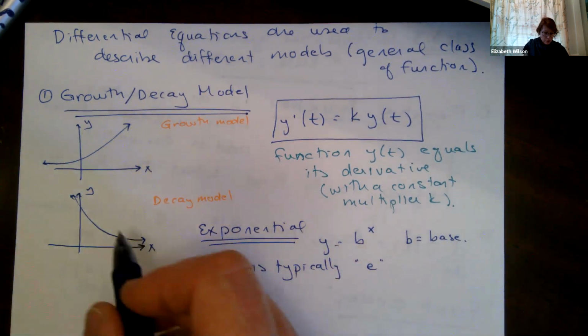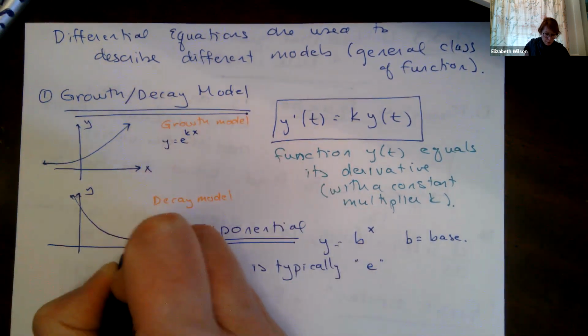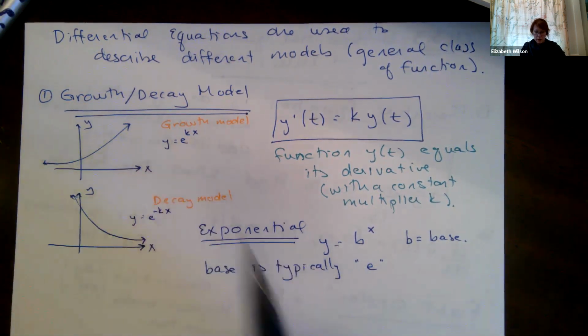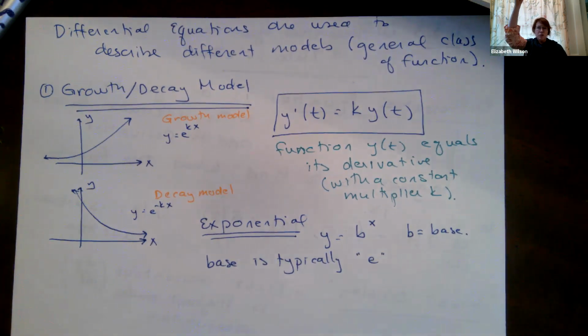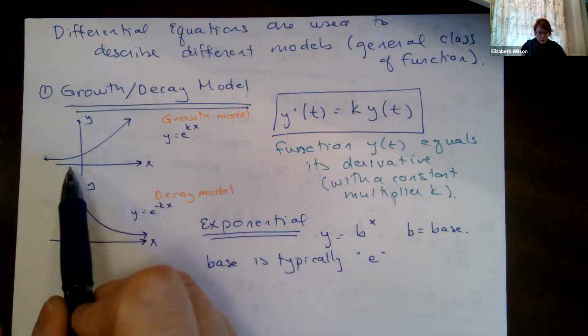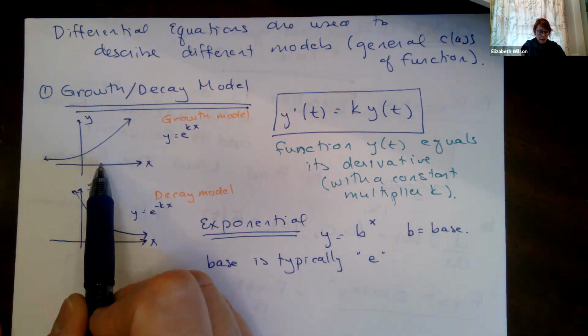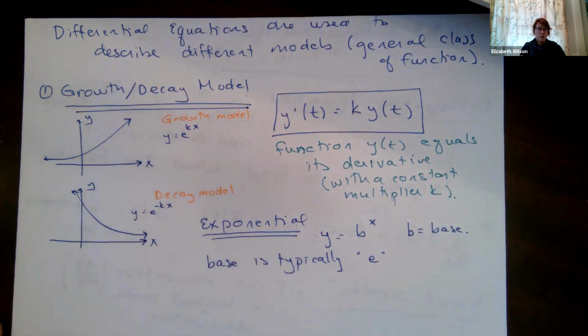So our exponential functions, this is like y equals e to the kx. This is y equals e to the minus kx, right? It's a decreasing model. This is an increasing model. Exponential models are important because small changes in x lead to huge changes in y. We can see that with viral spreads, right? Viral spreads are going to be very slow growth until we reach some critical point, where now my tiny little changes in x are going to lead to really, really huge changes in y. Okay, so this is what we're talking about here.